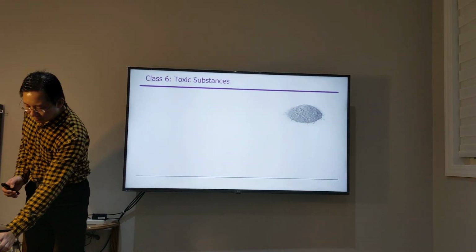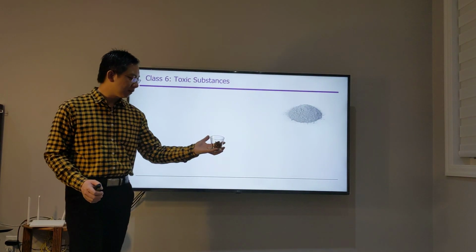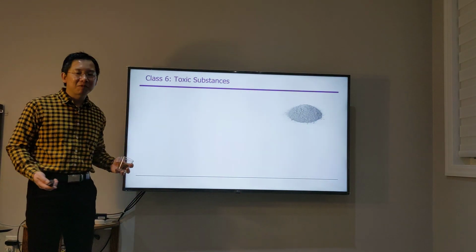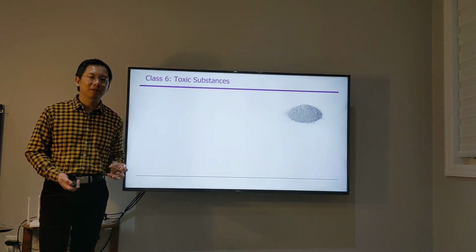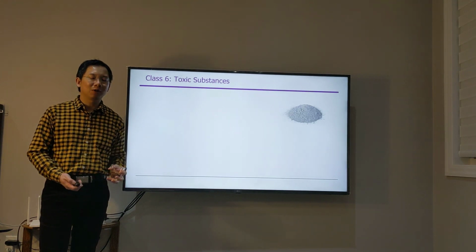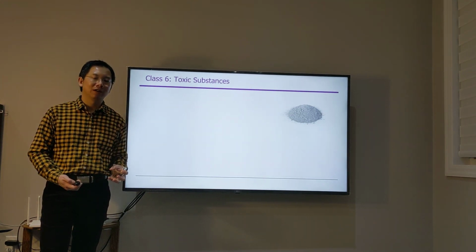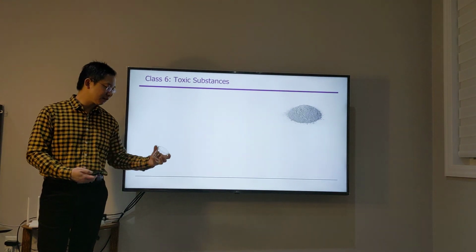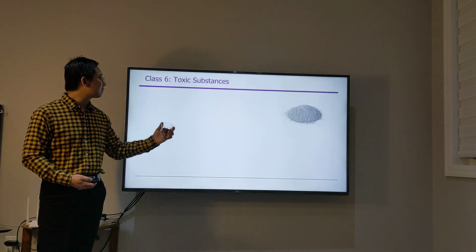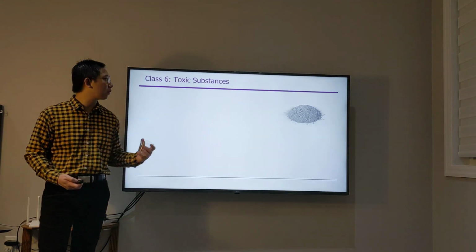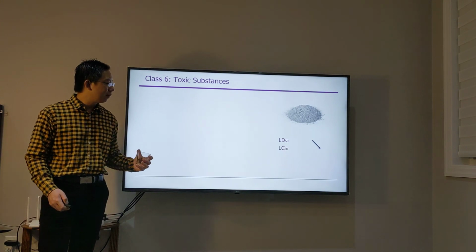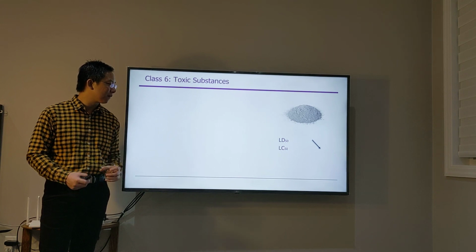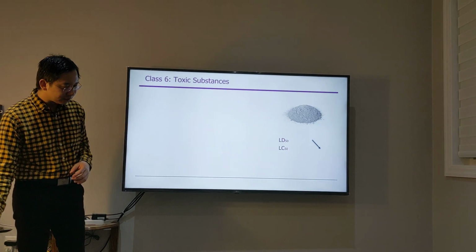For example, I have another substance on hand, something like the powder we have from the picture. Can you tell me if this is a toxic substance? We can't, because we don't have the information required. We need some criteria to determine whether a substance is dangerous goods or not, and if it is, whether it falls into class 6, the toxic substance. Here we have another two concepts, the LD50 and the LC50. The LD50,